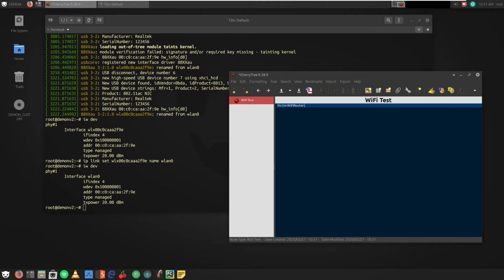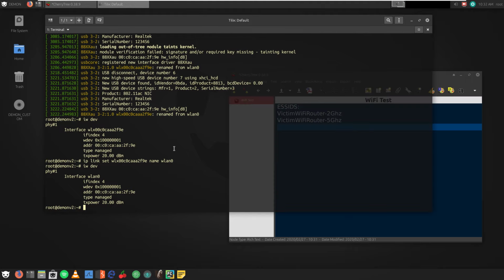Now the two ESSIDs that I'm going to be attacking are victim Wi-Fi router 2 GHz and victim Wi-Fi router 5 GHz. Now these are the two ESSIDs. So now to do a little bit of reconnaissance, we need to find the access point, and we need to